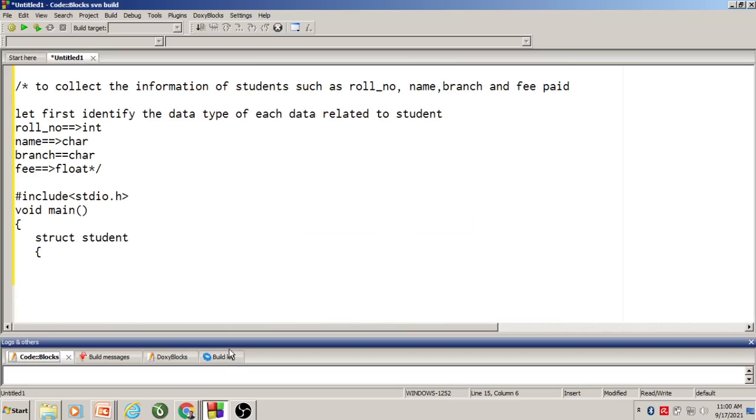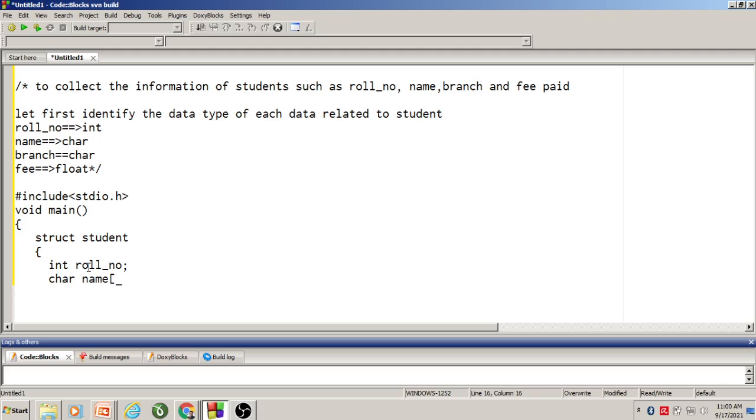So next we will declare the members of the structure. The first member is roll number, and the second member is name. Name is of type character.